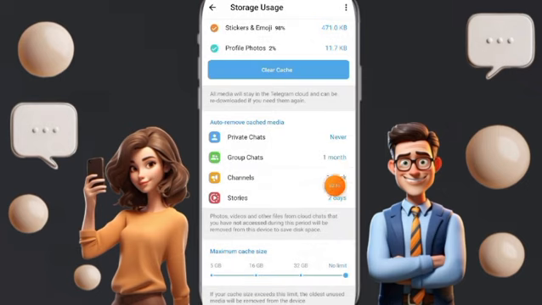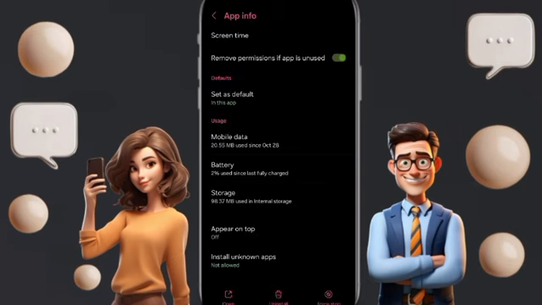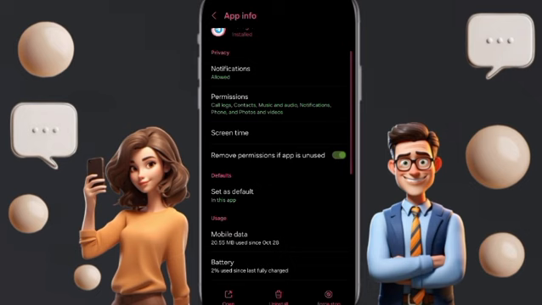And when you end all these steps here, you will choose this maximum cache size. You will choose if you want 5 or 30 like this here, 2 or no limit or anything you want here. And after that you will return to this page of app info and